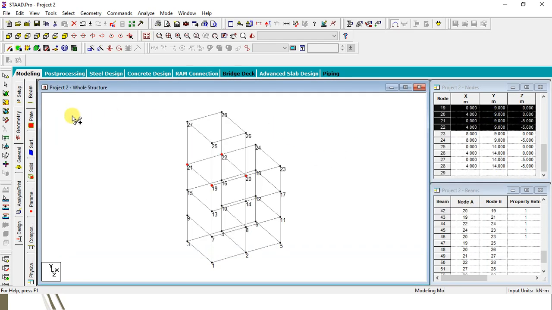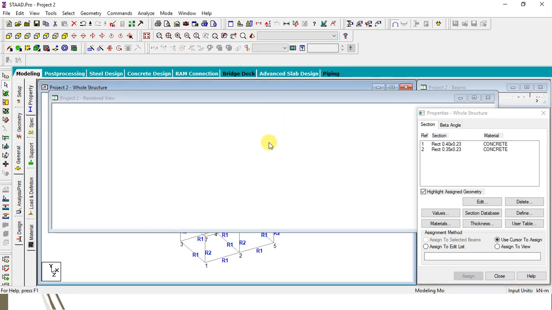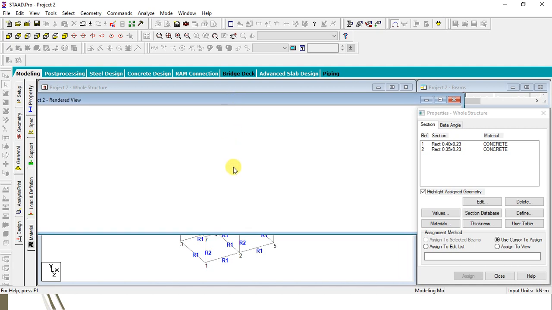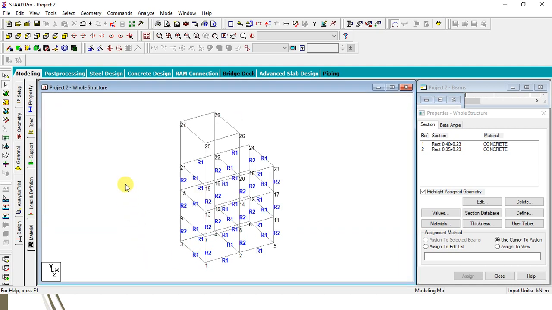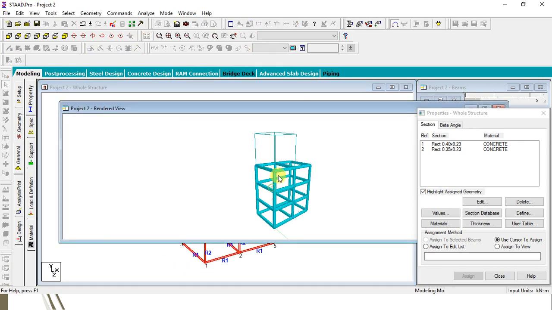Okay, skip, go to general, and I can check over here the 3D rendered view. Right, so here you can see whatever additional beams we have drawn or added over here, the cross section size is not added to all these beams.